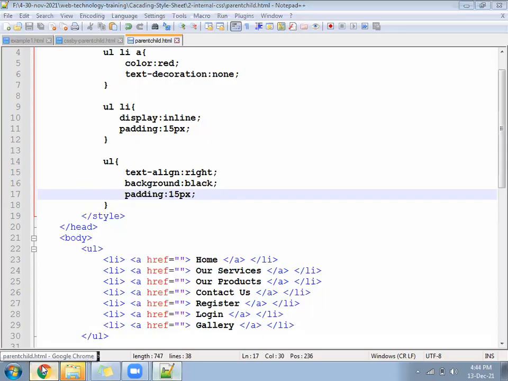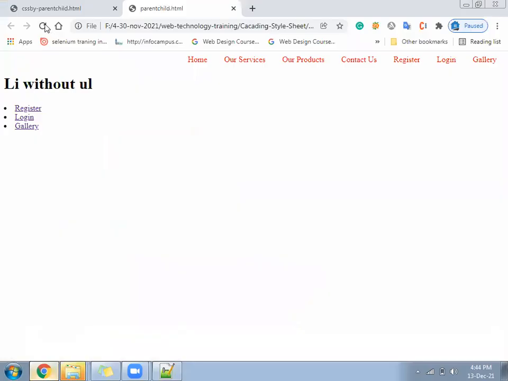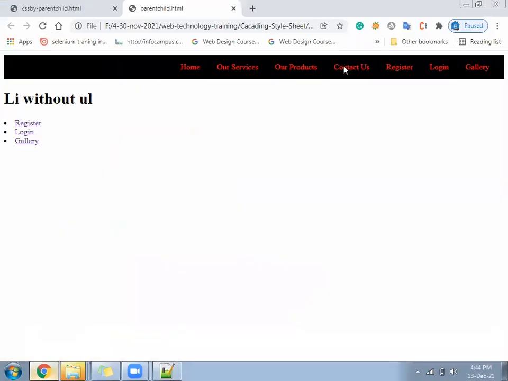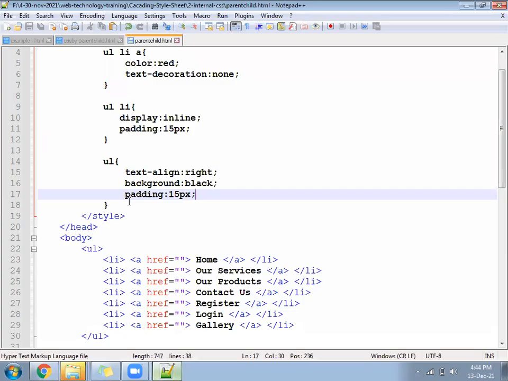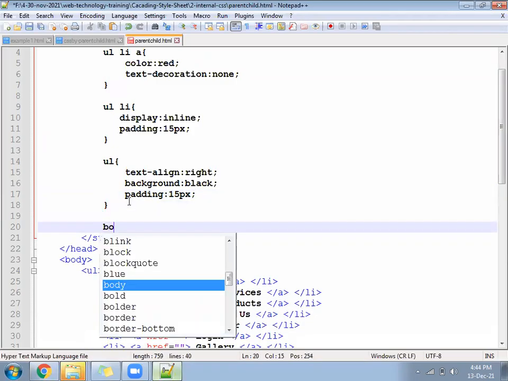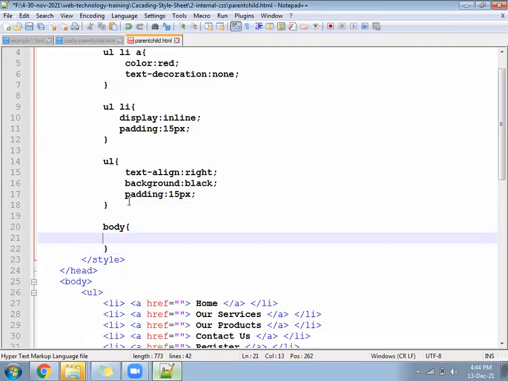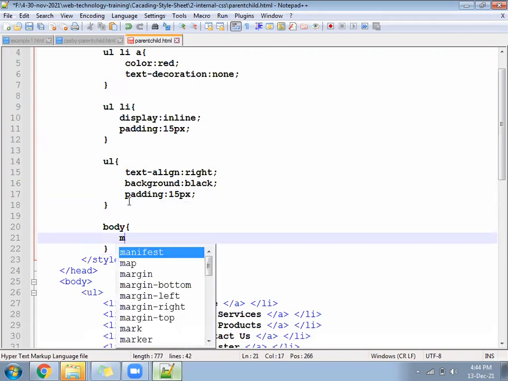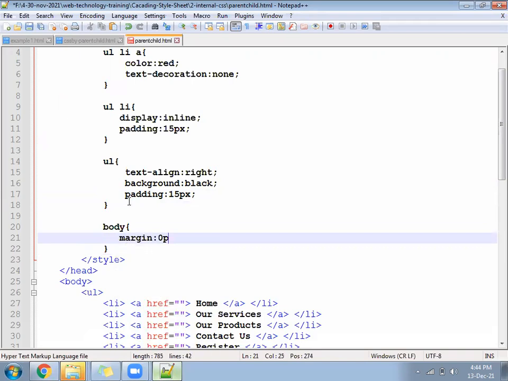Background is a black color here. Look at that. You can see some gap is coming from all the side. That is because of body. In body tag, we have to write the margin. For body tag, you have to write the margin as 0 px. Margin 0 px. You cannot see any space from any side.